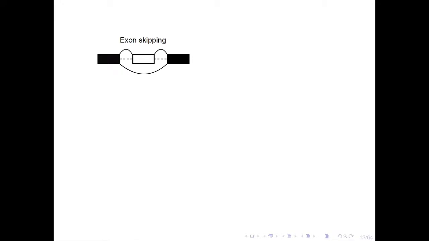The problem with this method is that while it does a good job of quantifying simple exon skipping events, where this exon sometimes is and sometimes is not included, there are many other splicing events that it's not able to model well. So one, for example, is 3' or 5' extensions. So I should say that the 5' end of the sequence is upstream and 3' is downstream. So this, for example, would be known as a 3' extension of this exon.